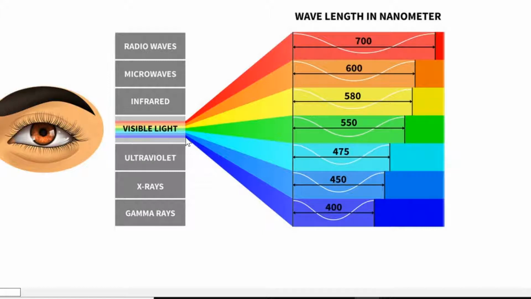Newton found out that visible light is made up of a spectrum of lights with violet, indigo, blue, green, yellow, orange and red, namely we call it VIBGYOR. Even though there is no real seventh color indigo over here, Newton incorporated this because he had a fascination with the number 7. Because in music we have C, D, E, F, G, A and B, and also during those times